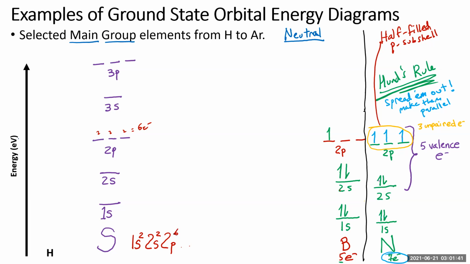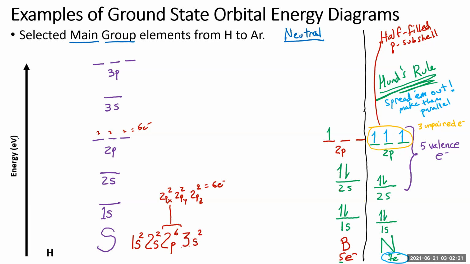Notice again, I'm not going to try to individualize the orbitals. I'm not going to write px, py, pz. It's understood that 2p refers to 3 different orbitals. You don't have to write it, but I'm going to write it here just because we're learning this now. 2px, 2py, 2pz, each one of these has 2 electrons for a total of 6 electrons. We don't write e, we just write a superscript 6 to represent those 6 electrons. 2p6,